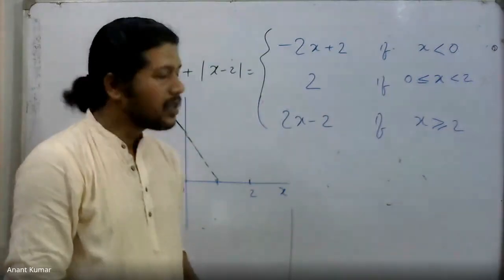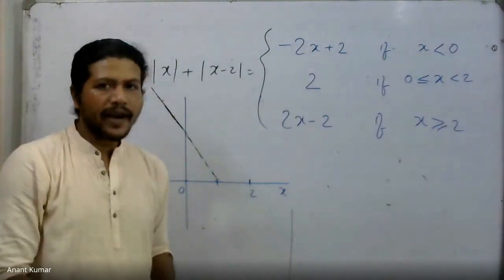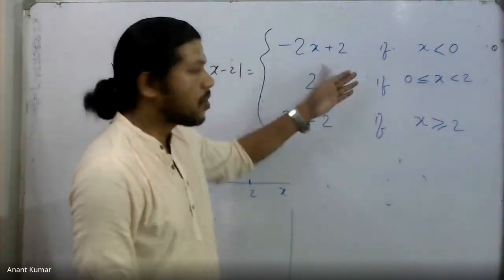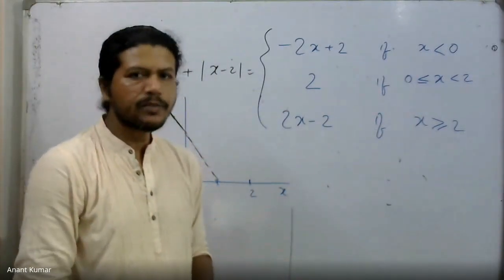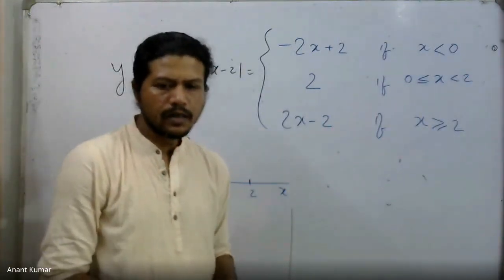You have to be careful because in some cases there might be a break. You might happen to find that the two parts will not match at that point. So there might be a break in that case. That is why you must be careful which side to take the equality with. Okay, Onik?